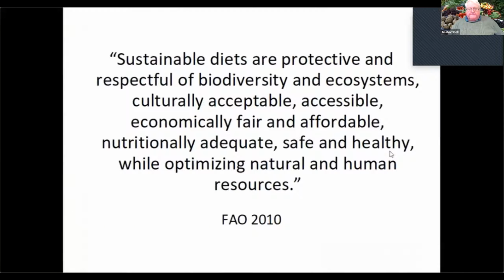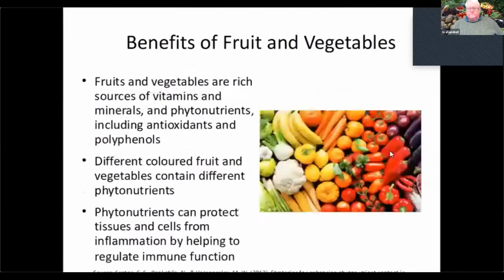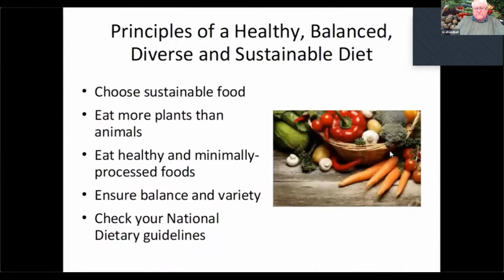healthy, while optimizing natural and human resources. Hence, FAO defined sustainable diets as diets with low environmental impacts, which contribute to food and nutrition security and to healthy life for present and future generations, thereby respecting planetary boundaries. So our food choices can make a difference to people and nature. Hence, it is important to be aware of and ideally follow the principles of a healthy, balanced, diverse and